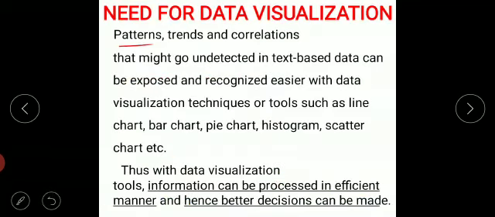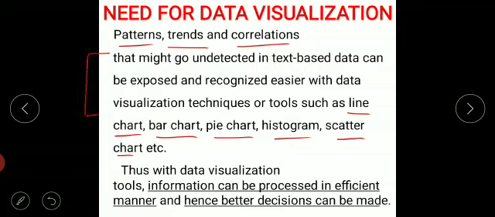Patterns, trends, and correlations that might go undetected in text-based data can be exposed and recognized easier with the data visualization techniques or tools such as line chart, bar chart, pie chart, histogram, scatter chart, etc. Children, as you have seen, if we have a huge amount of text-based data, then to analyze the data is a very complex task.